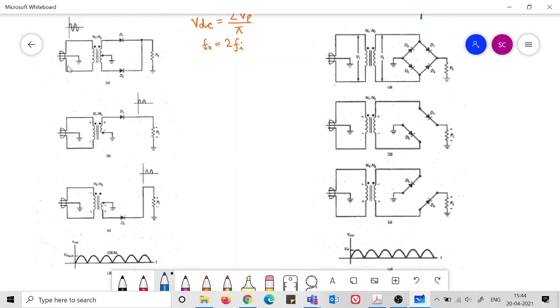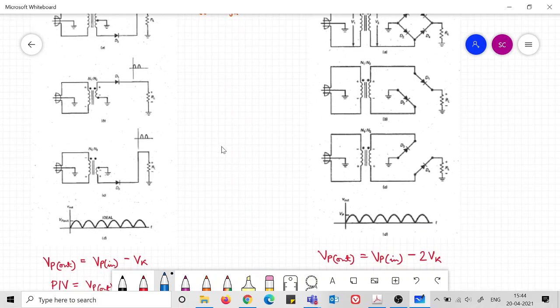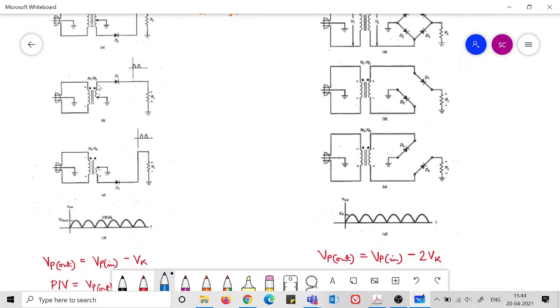So let us see this one first on the left hand side. Here there is a transformer. This transformer is just nothing. You have an AC voltage at this side. Whatever AC voltage has appeared at this side, we are going to take that in our analysis. And if there is a transformer at the input side, there is a turns ratio by which you have to appropriately scale it to get the AC voltage at this output side.